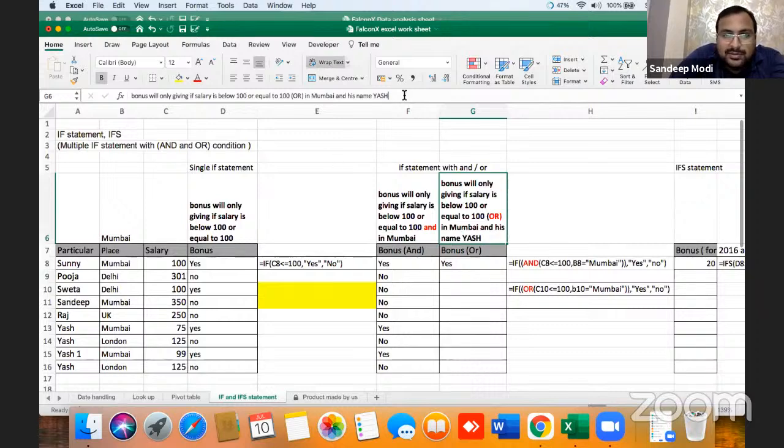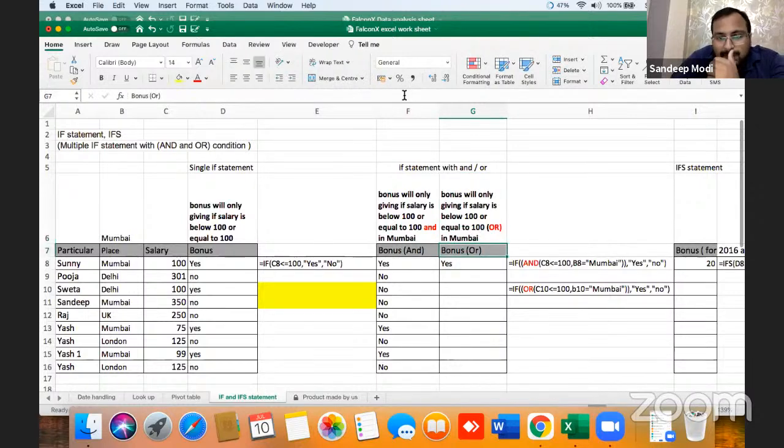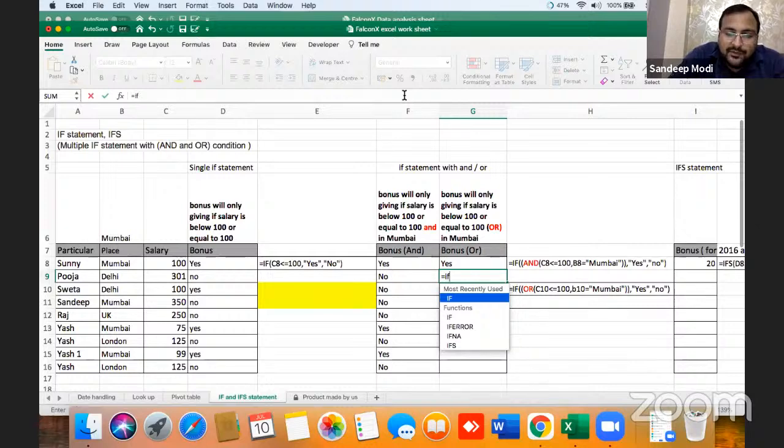Let me remove this additional condition. Bonus will only be given if the salary is below 100 or the person is in Mumbai. So here the two conditions are: first, salary is less than 100, or the person is in Mumbai. So we will use IF with OR.